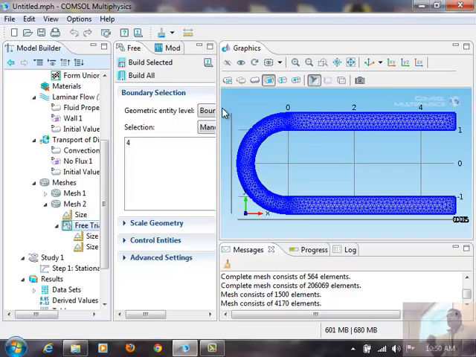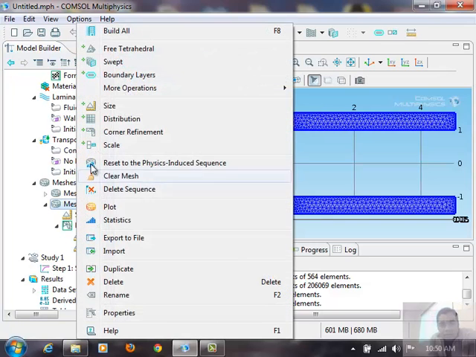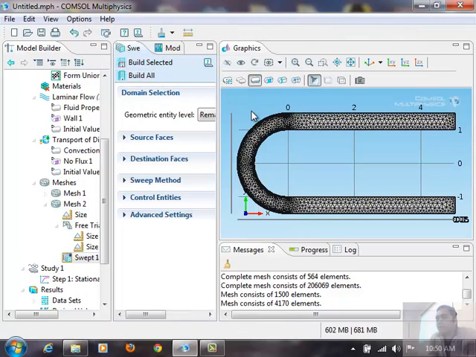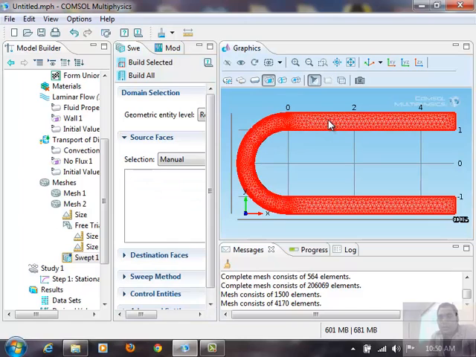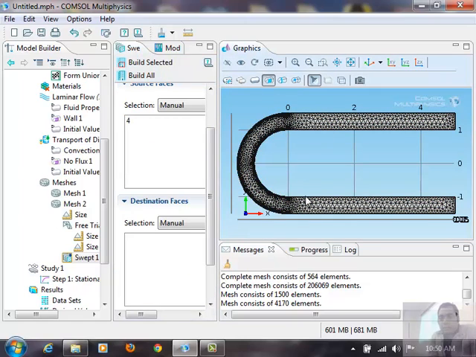So these kinds of refinements you can do, and all these will be propagated in the Z direction when you sweep the mesh. Once it is done, we just need to go back to this main mesh node, which is right now mesh 2, and select the swept mesh setting. In this swept mesh, the geometry entity level is the remaining part. You want to now mesh the remaining part, all the other faces and subdomain. In the source, select this face, right click. In the destination, we are just going to select this